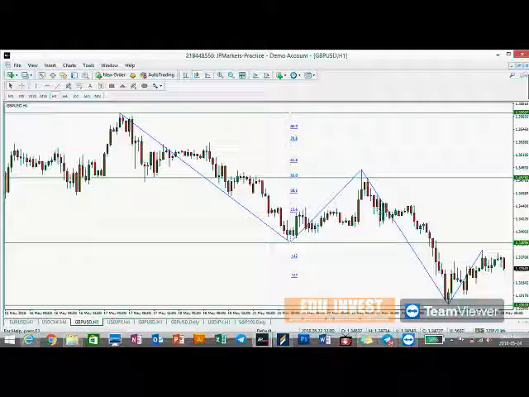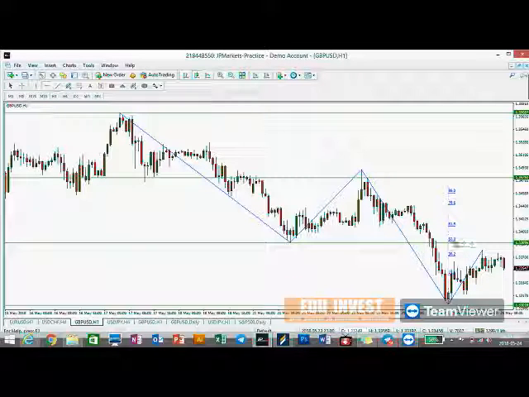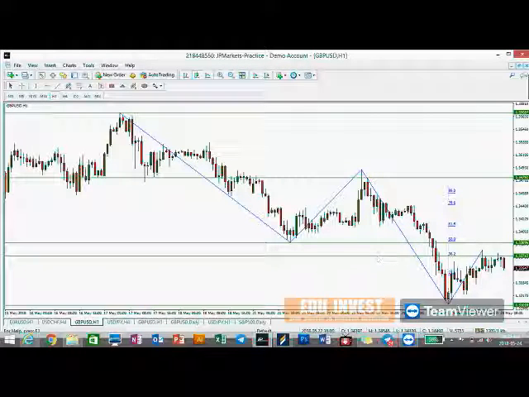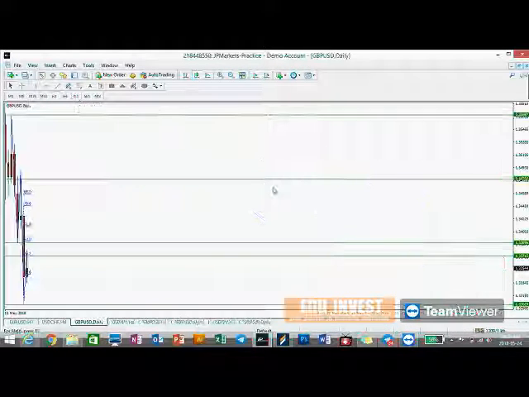But I can't take the same fib and apply it to this level over here. So what I'm going to have to do is find another fib. And so I see that that is going to be my A and this is going to be my B. I draw my fib in from B to A, and what I will find is that instead of the market looking to test perhaps 50, I can see the market testing 38.2. I see the market testing 38.2 because what we have is a very similar setup that we had on the